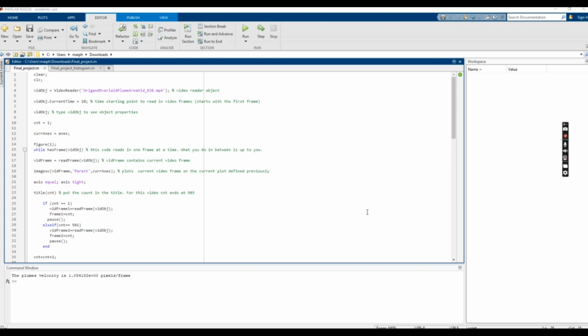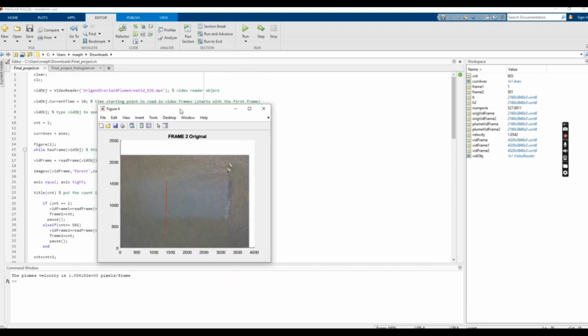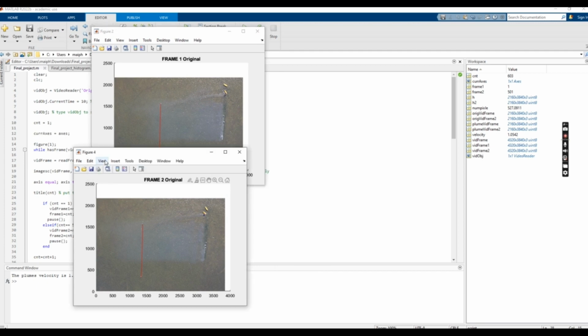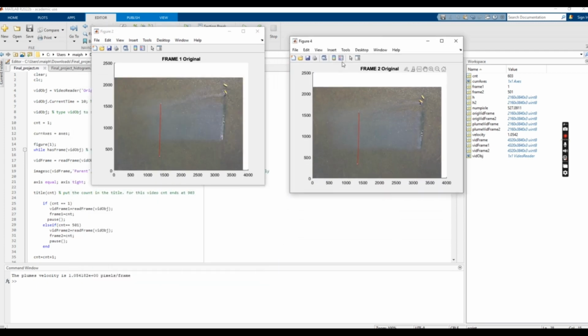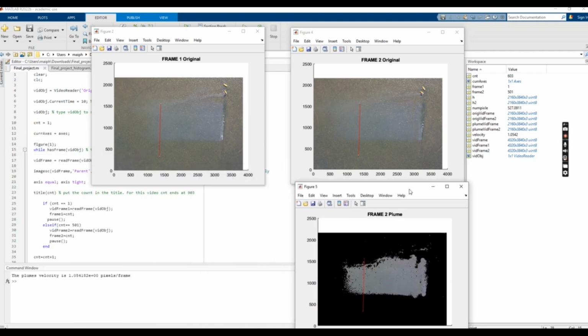There we go. As you see, once it was all done, the frame was done. So we have 2 frames here. Frame 1 and frame 2 were captured earlier. As you can see, that red line indicates a frame of reference for the plume. Since it's really hard to detect the plume in the picture, these were also generated